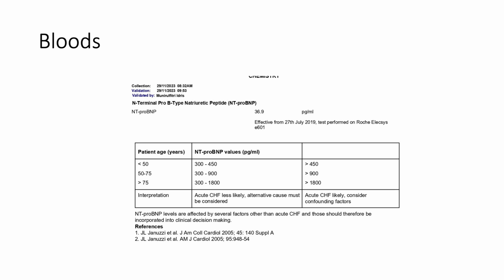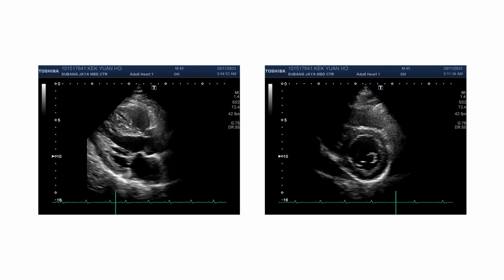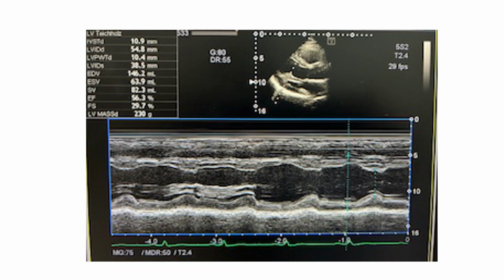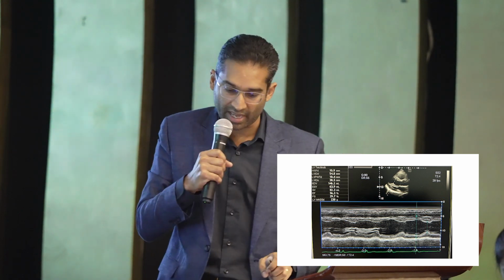By November, the pro-BNP had normalized, right? And if you look at the echo, very noticeable difference, right? You can see the LV function has really improved in both the long axis and short axis, and even in the 4-chamber view. And the LV thickness has also reduced, right? And the LV size has reduced back to normal. So you can see this guy now has a normal heart function, right? So this is purely pharmacological, no plumbing, no electrical work involved, something that primary care physicians can do.